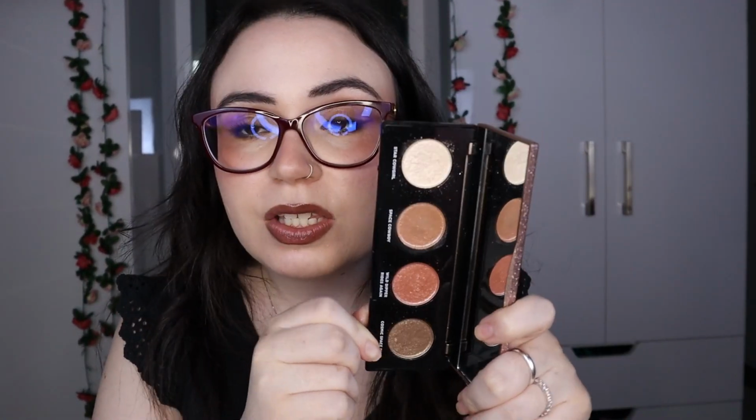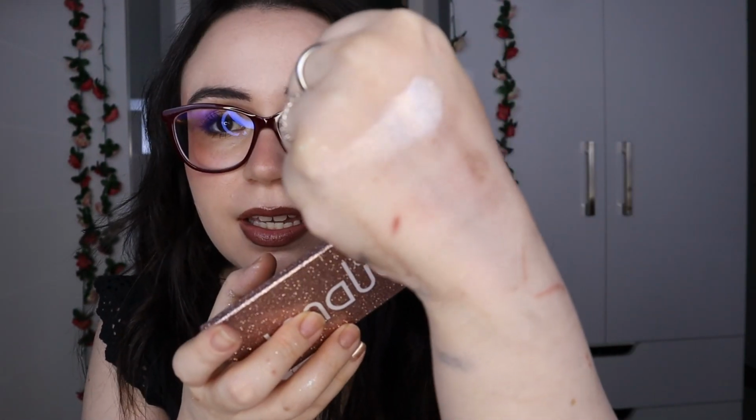Another thing I also wore a lot during Christmas is the Urban Decay Moondust palette. This has been making the rounds. Everybody has been talking about it, and surprisingly I found out that this shade here, Star Cowgirl, you see it a lot more intense because I have just cleaned my hand with a wet wipe. This shade looks better on me than Space Cowboy, so I was very happy to have gotten the palette because